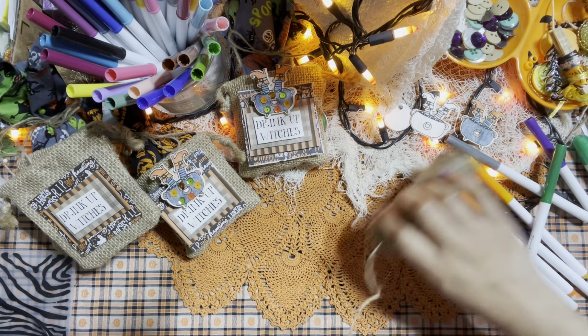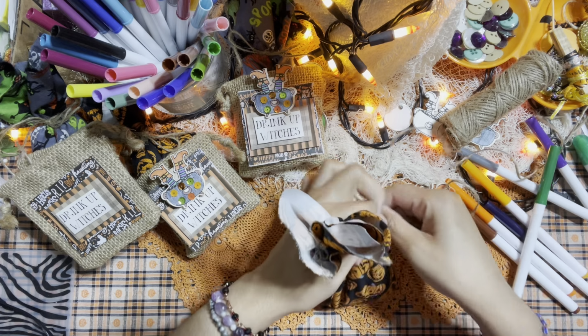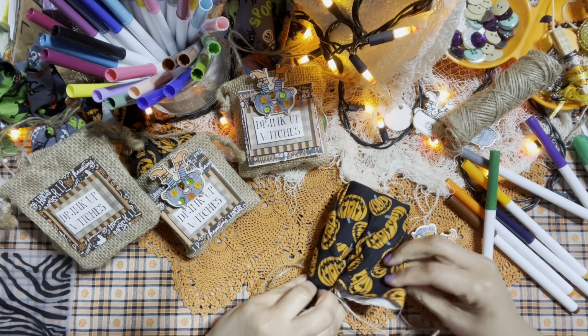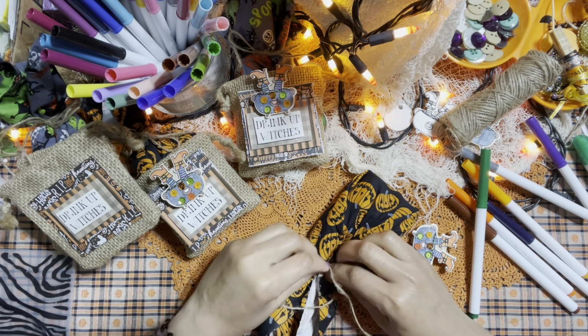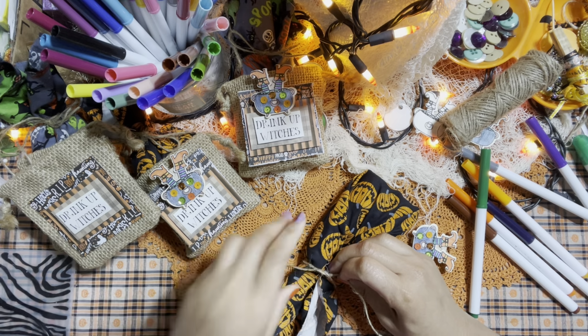A nice good amount, because you're going to wrap this around a few times, okay? And all I did was I wrapped this around one time very tightly, all right? And you see how this is sticking out? Just tuck it in. Make sure you tuck it in nicely, okay? Once you wrap this around one time and you do a nice little knot, it's not going to go undone,